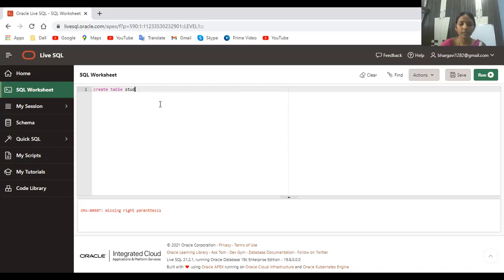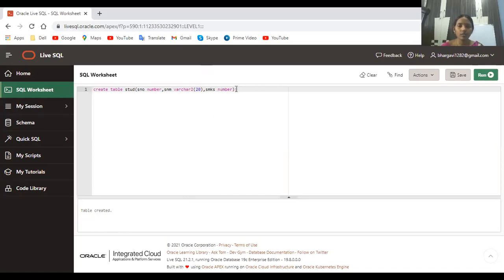Rewrite again. Create table, table name, student. Student number of number type. Student name is of varchar 20. Student marks number. See, table created. Somewhere we made a mistake.